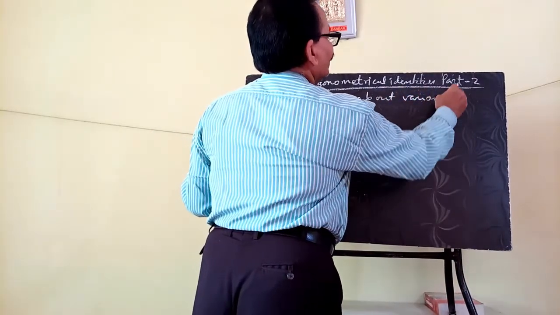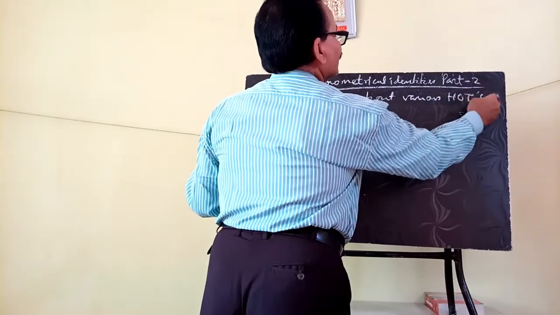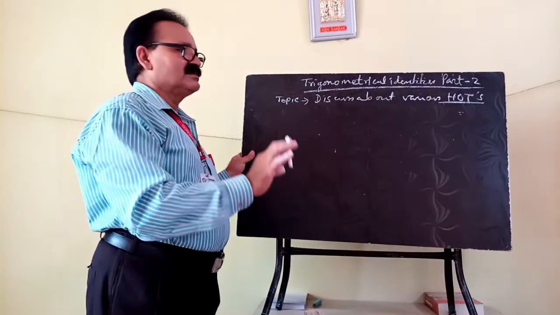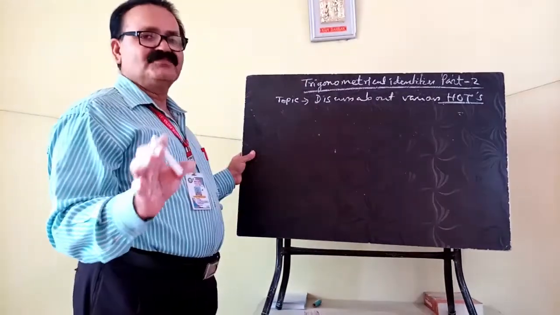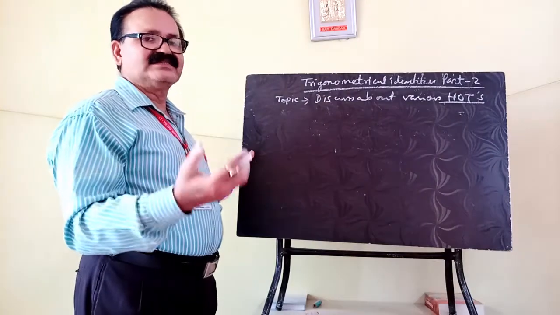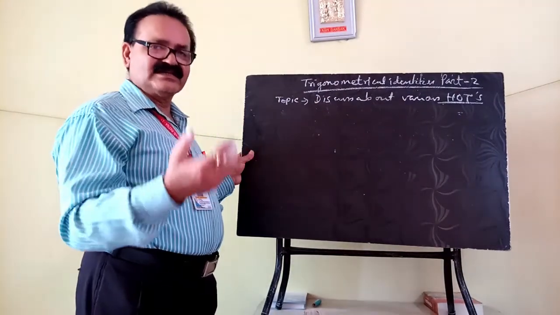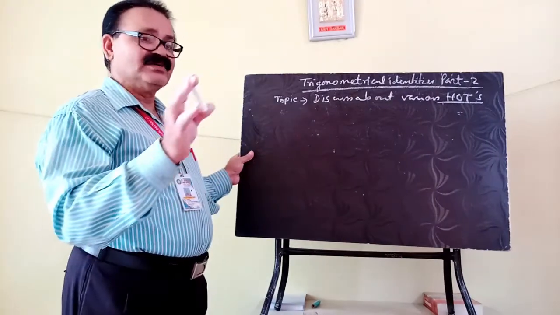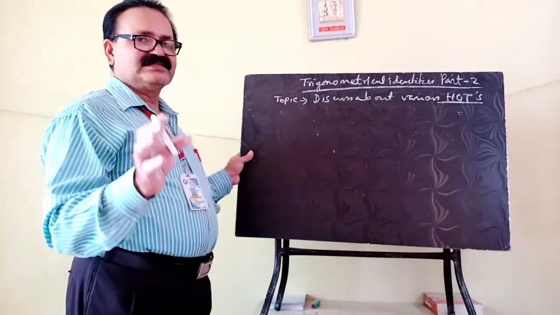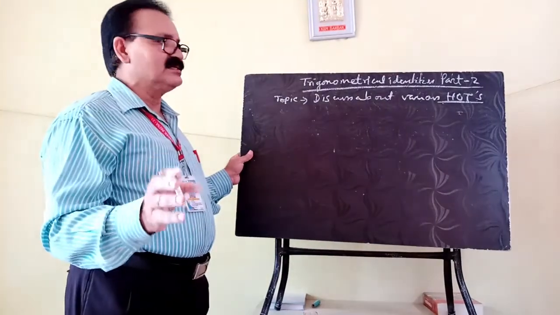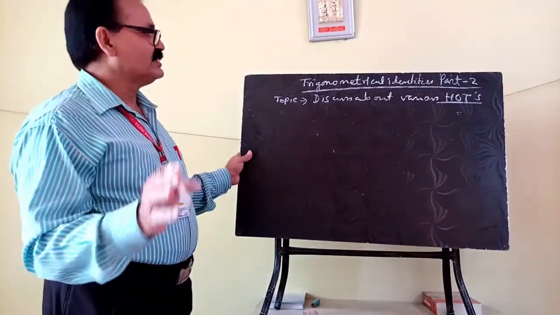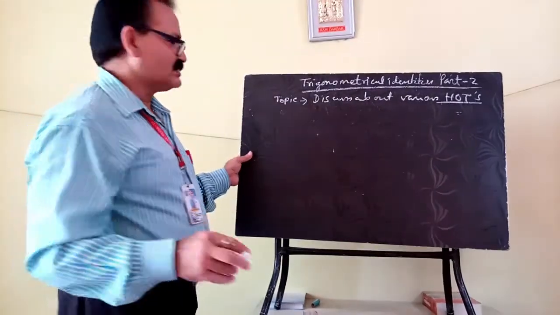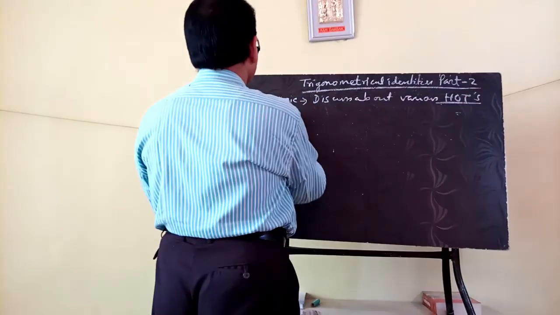various hot questions. Hot question means high order thinking skills question. That means to solve those questions you require various relations of the trigonometrical standard identities as well as the relations of algebra also. There are certain identities that you have already studied in class 8 and 9, so you have to also use them to solve these questions. Okay, let us see question number 1.